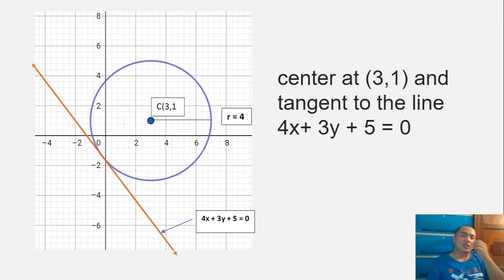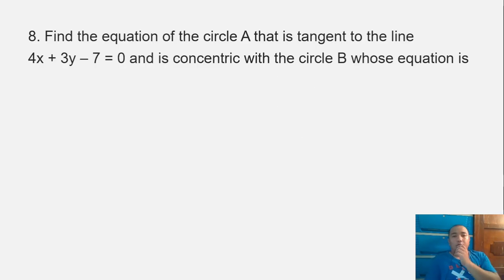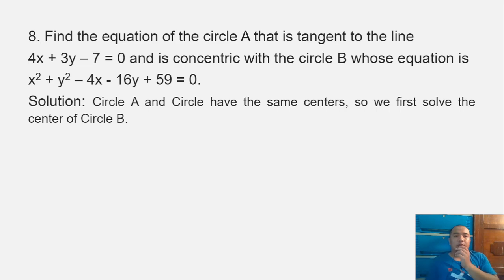Okay, let's proceed to number 8. Find the equation of the circle A that is tangent to the line 4x plus 3y minus 7 equals 0 and is concentric with circle B, whose equation is x squared plus y squared minus 4x minus 16y plus 59 equals 0. So, solution: